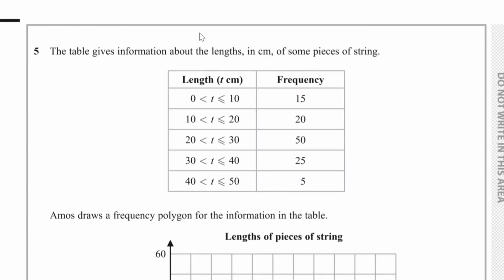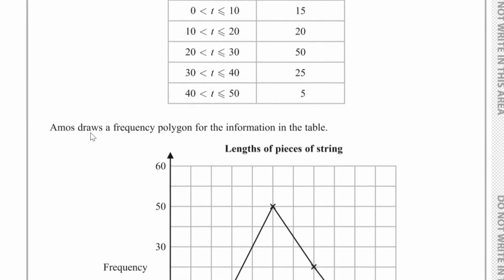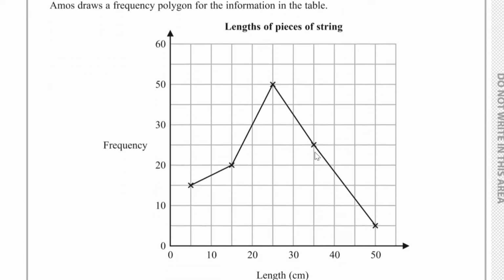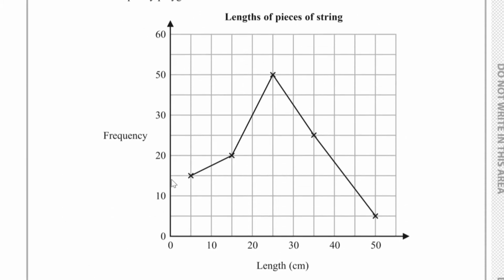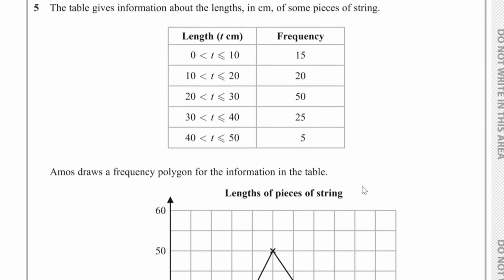Question number 5. The table gives information about the length in centimeters of some pieces of string. So we've got the length and the frequency. Amos draws a frequency polygon for this information in the table, and we have to write down 2 mistakes. Well,